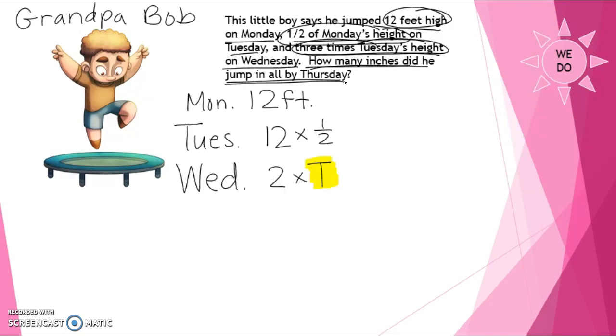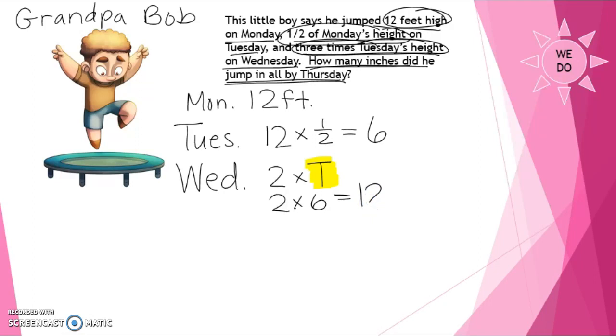So I have to add all of this up, but the information I get is going to be in feet. So let's take our time here. All right, 12 feet on Monday. On Tuesday, he jumped half of Monday's height. So 12 times 1/2, we know, is 6. What is half of 12? It is 6. And now we can replace this T with the 6. 2 times 6 is,